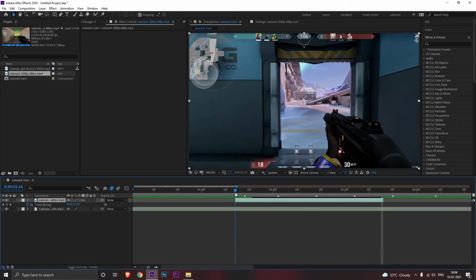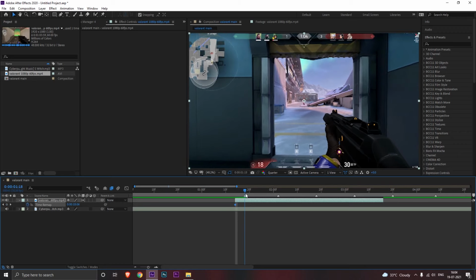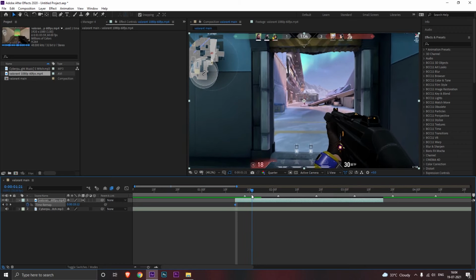Now you have to add a keyframe at the beginning, and this will hold the frame which you are seeing right now in this position. So later if you change the speed, this frame will not move from here and our video will start from here. Next I'll try to find when he starts to fire. So in this part of the video the first bullet is coming. You can see it here.